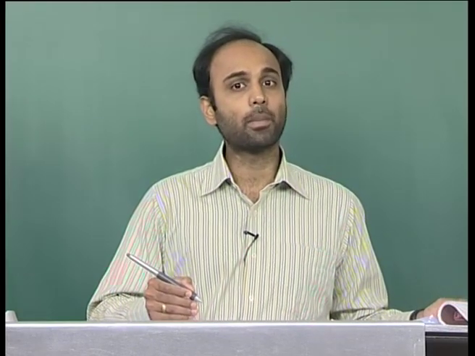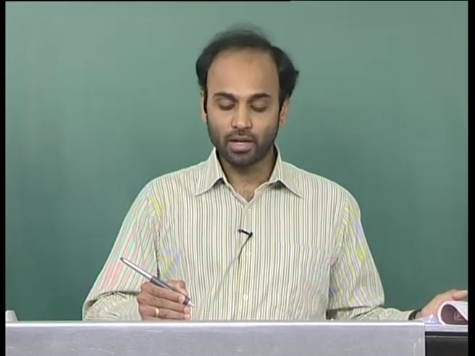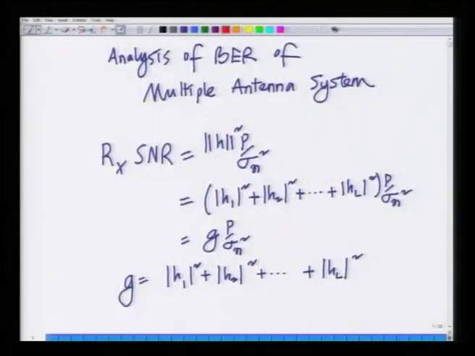In the previous lecture, we started analyzing the bit error rate performance of wireless communication systems with multiple receive antennas, that is, diversity present in the system. We said the SNR at the output of the maximal ratio combiner in a wireless communication system with multiple receive antennas is given by this expression, which is the receive SNR is norm h squared P over sigma n